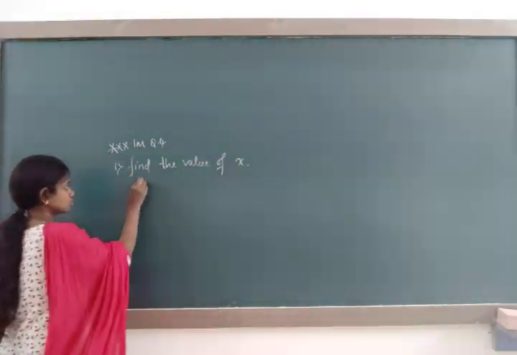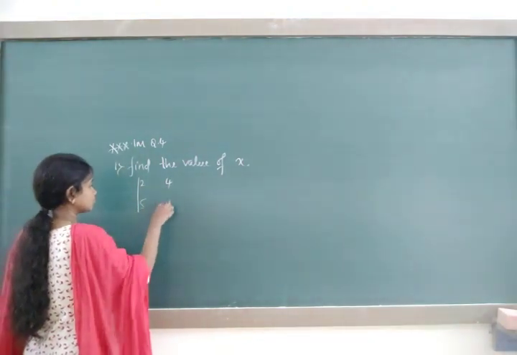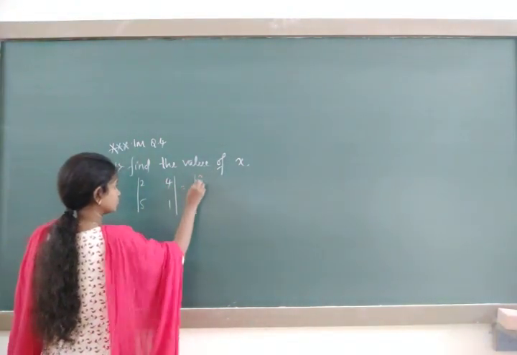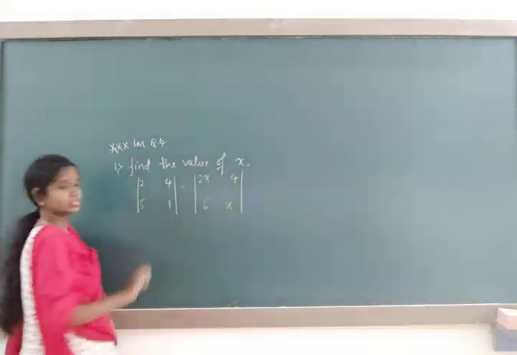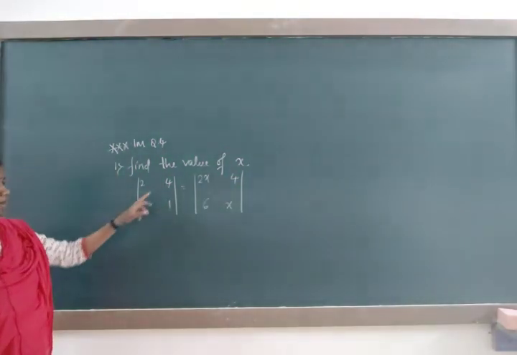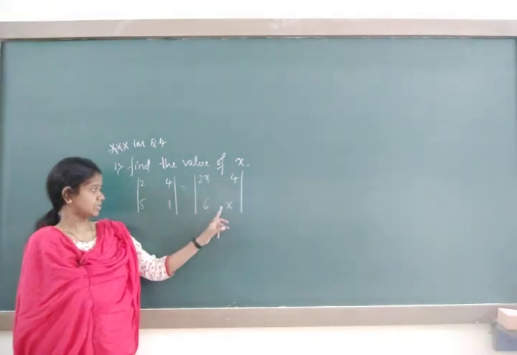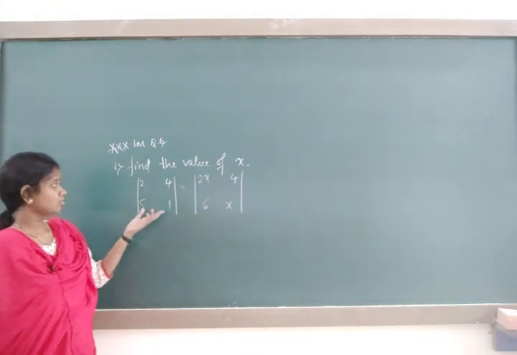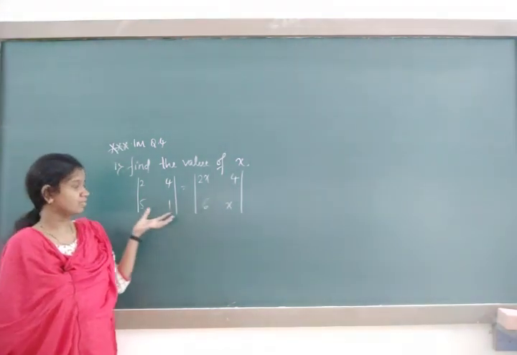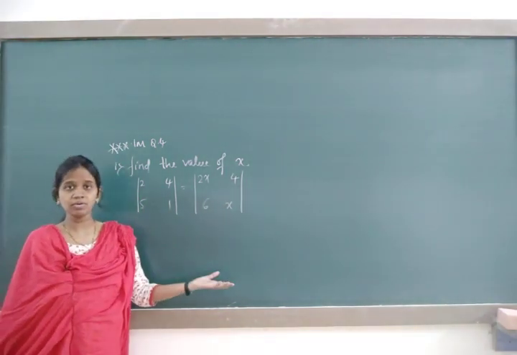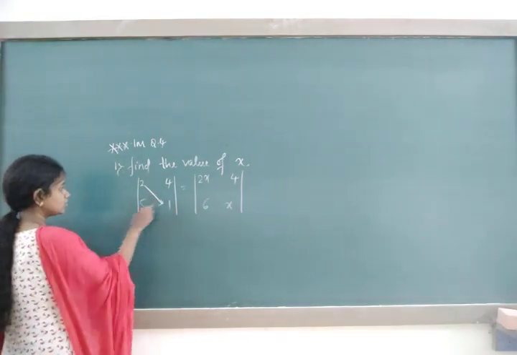If this is your question: 2 4 5 1 2x 4 6x. Now this is also a 2 cross 2 determinant and this is also a 2 cross 2 determinant. Whenever it is a 2 cross 2 determinant, we are going to expand. So solution,